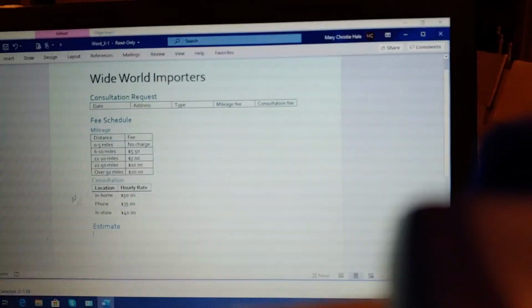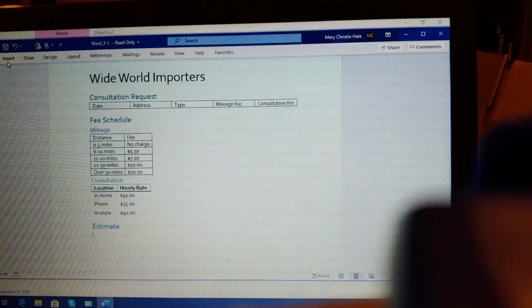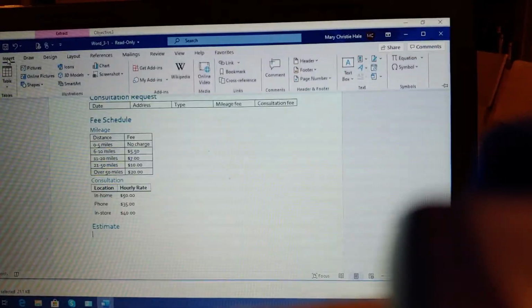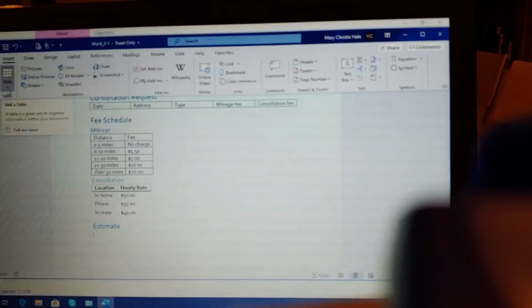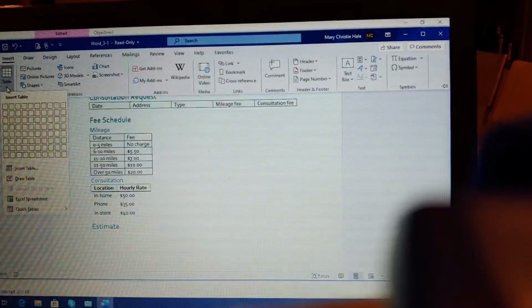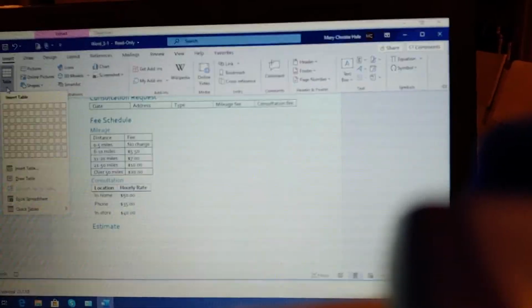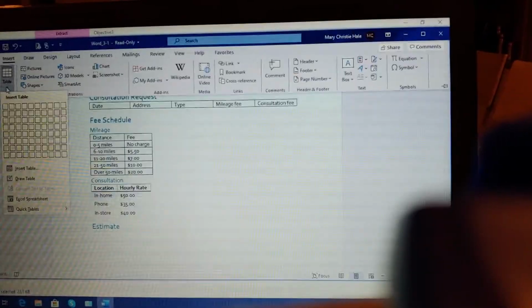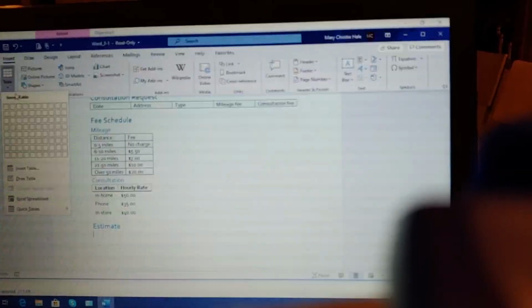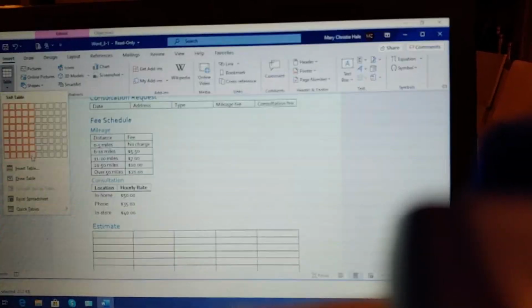So we're going to go up to our tab of Insert in the ribbon, click on it, click the drop-down arrow on Table. Then we're going to look in our table properties,